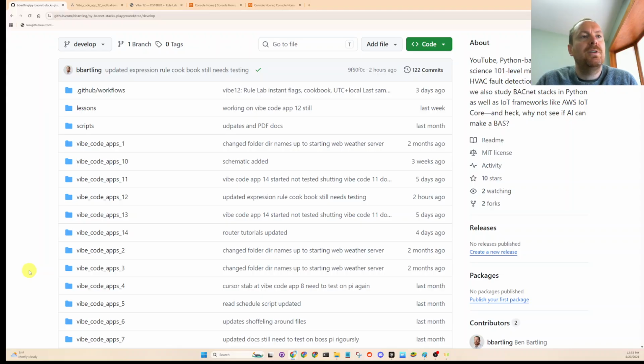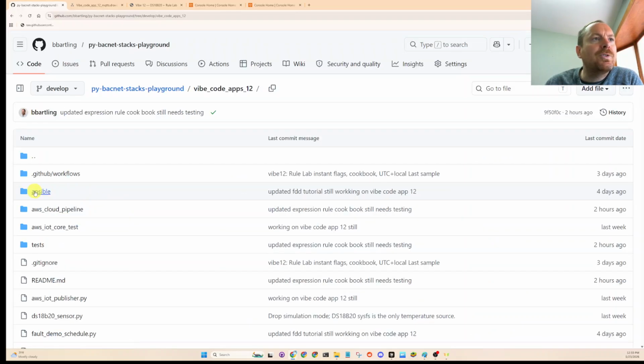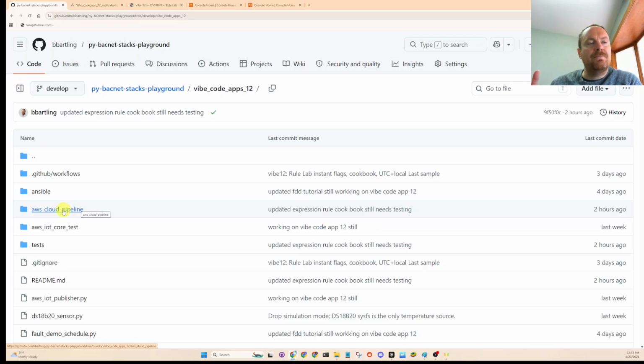So yeah, without further ado, let's get into this. So we're using Ansible. We're using AWS IoT Core, like a cloud pipeline, I should say. So all of the features where we're sending data across the internet, MQTT secure, that's all handled by AWS IoT Core. So it's kind of cool. We got to take advantage of AWS and all it has to offer, as well as the database, the Dynamo database on AWS,